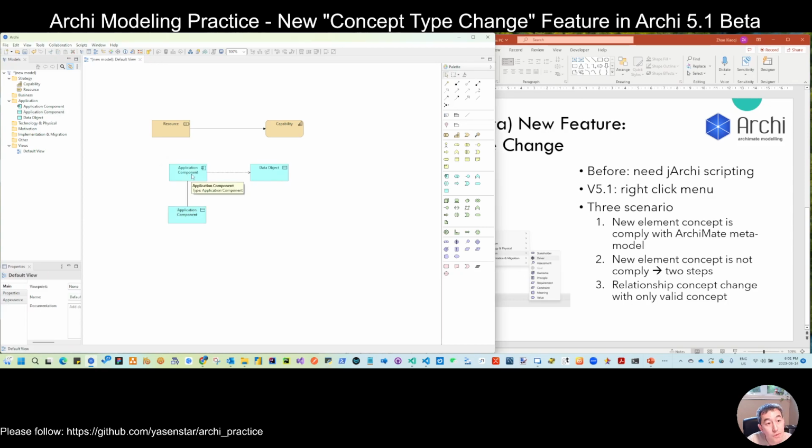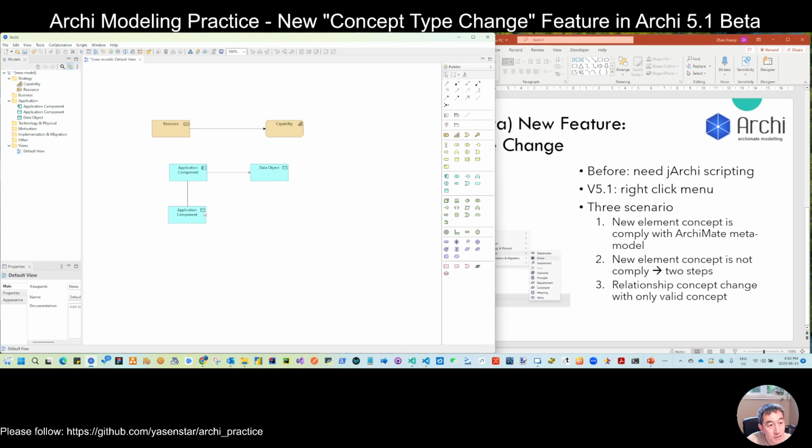Because you are not allowed by the Archimate metamodel to use realization from an application component to a data object. Even though the naming has no change, it's just a label, the type is a data object,